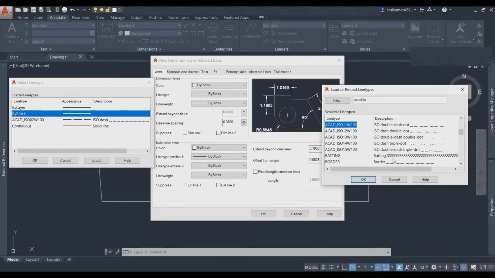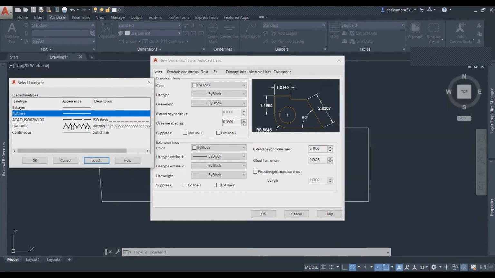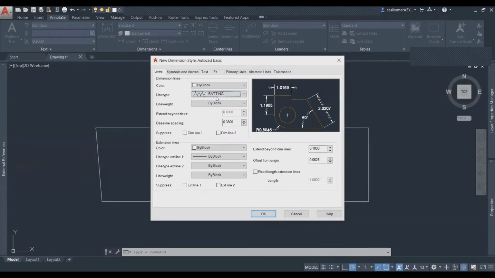Even, to see, somebody has created a very yes. Yes is one of the line types. So okay, then automatically that yes will come to here. Then you select, then okay, then automatically it will come to your line type window. After that you can choose whatever you want. But my suggestion and standard, you have to use by block.